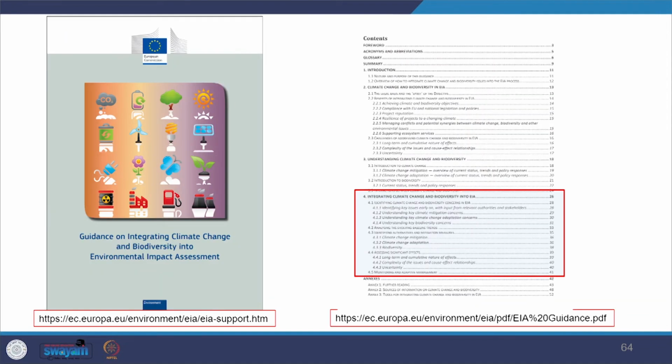In the European Union, in the EIA directives, we find distinct guidelines for integrating climate change. They have issued guidelines for integrating climate change and biodiversity into EIA, and the link is provided to you. You can see here how they have made suggestions for integration in the process. The new directive lays much importance on climate change mitigation, adaptation as well as on resilience. It does this through the process of screening, scoping and assessment aligned with the Paris Agreement. So you see how that review process is taken care of stage-wise.